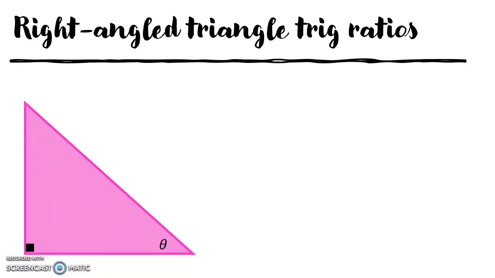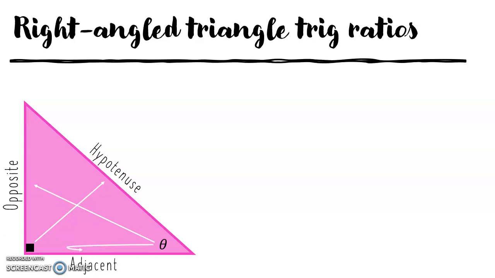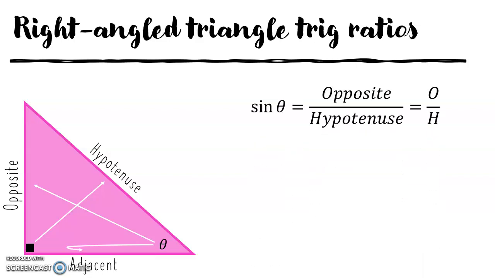So when we have our right-angled triangle and our angle theta, the side that is opposite the right angle is our hypotenuse, the side opposite our angle is the opposite side, and the side next to our angle is our adjacent side. We have three trig ratios, and the first one is sine theta equals opposite over hypotenuse, or O